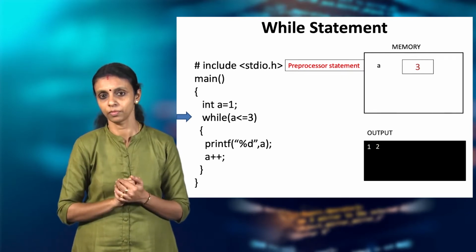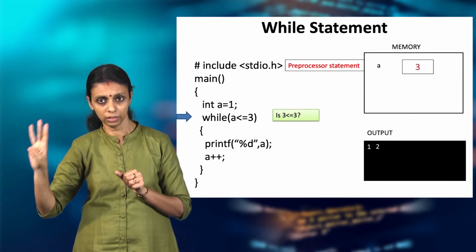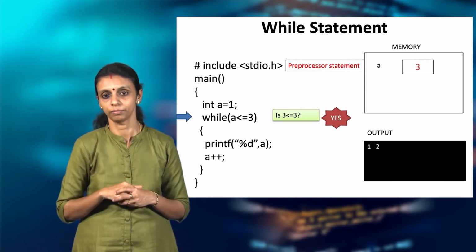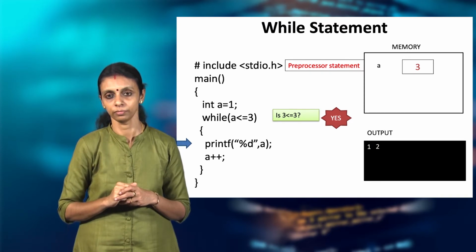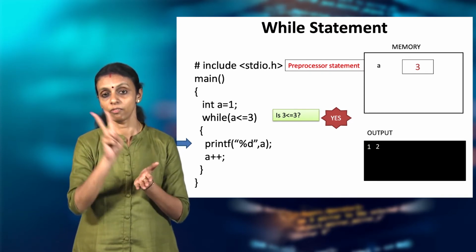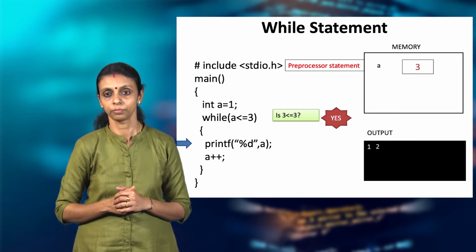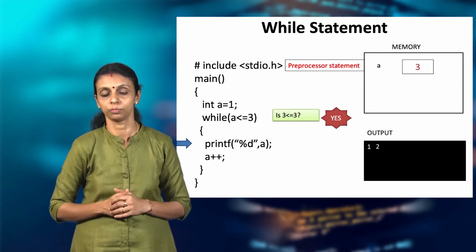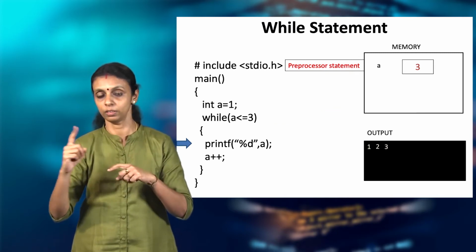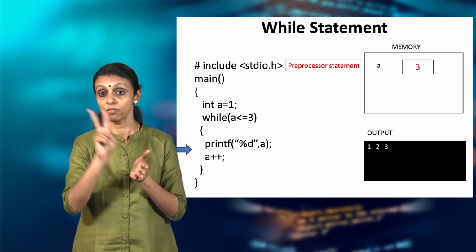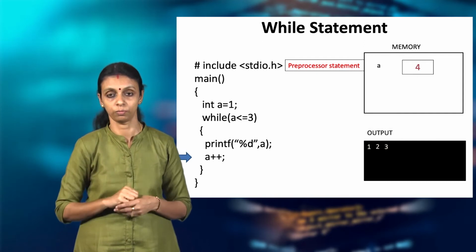Is a less than or equal to 3? Yes. Again it enters loop, prints value of A, that is 3, increments value of A, that is A is equal to 4,